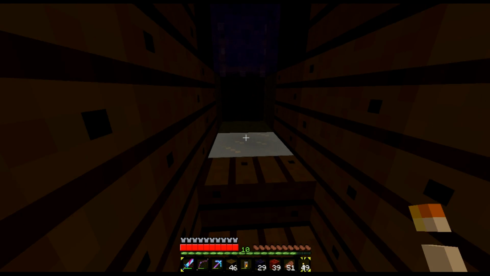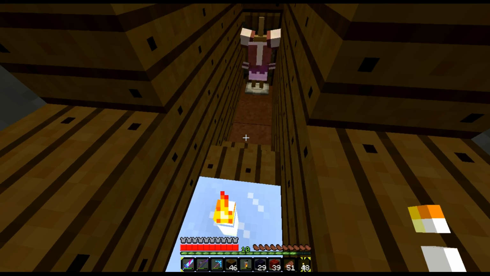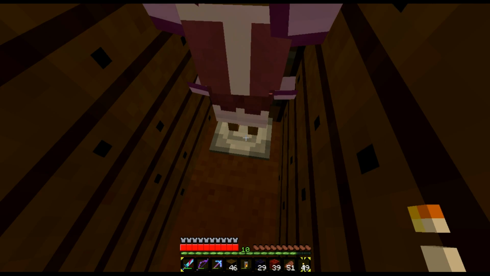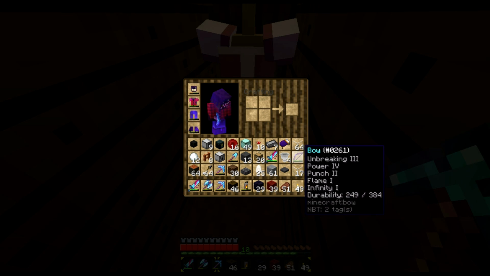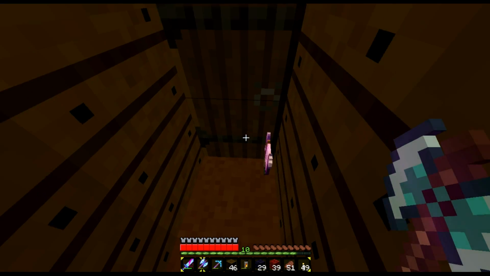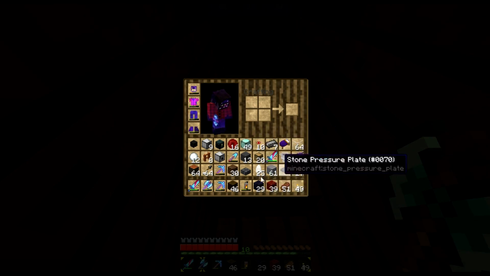How do I get out? Must be another way out of here. Don't melt the ice. So we'll have to destroy this. Where's my axe? Not used to this texture pack. There we go. So we're going to have to put it back up here though, so let's see if I